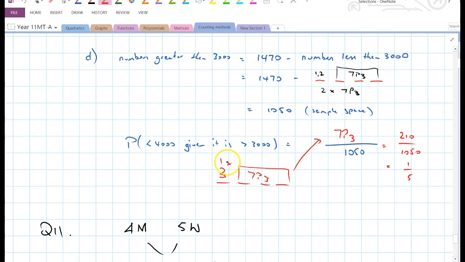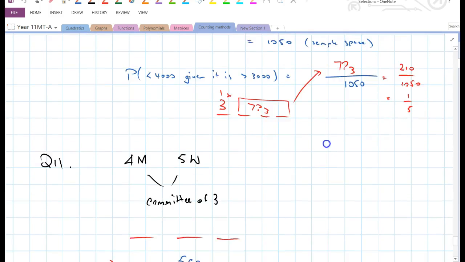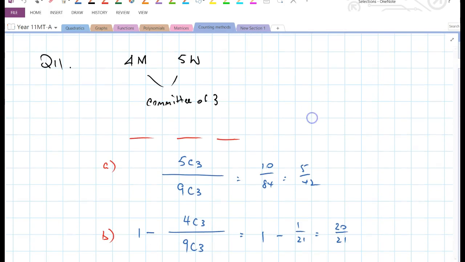So it starts with a 3. So there's only one option for the first digit, and then you've got 3 spots. You've got 7 digits to fill those 3 spots. That's 7P3. So 1 times 7P3 is 210 over 1,050, which simplifies to 1/5. Okay, we go to question 11, which is a committee of 3 is to be chosen from